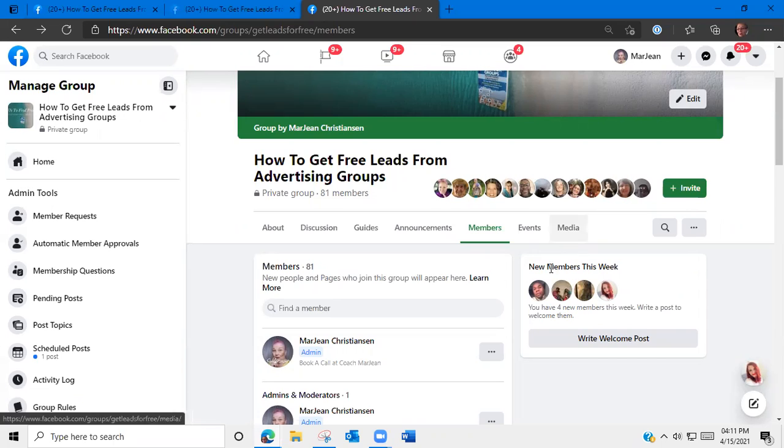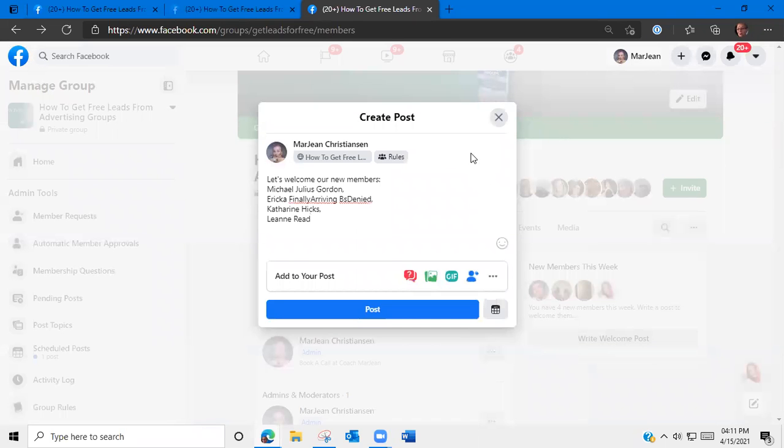And down here, it says new members this week, write a welcome post. So I'm going to click on that. And you will notice that Facebook has already tagged all of them in the post, so I don't have to do it. I have sent them a friend request, but they probably haven't done the acceptance yet. But they're supposedly tagged in here. So I'm going to say,